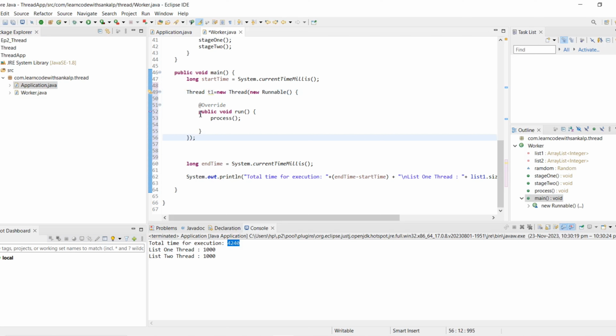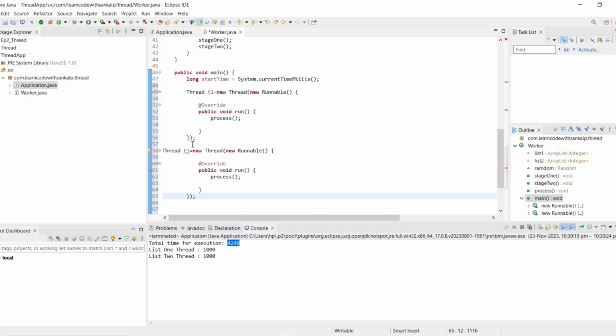Here we create two threads, so we add two threads here, and we start the two threads.